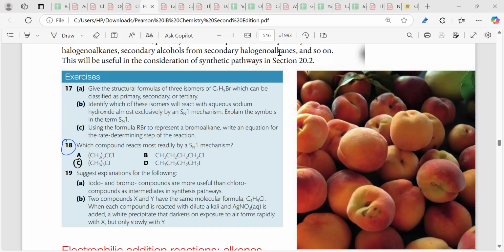Next. Let us check. This is a very interesting question. This is iodine, this name, but this is not Cl. Anyways, wonderful. What is this? Can you just tell that